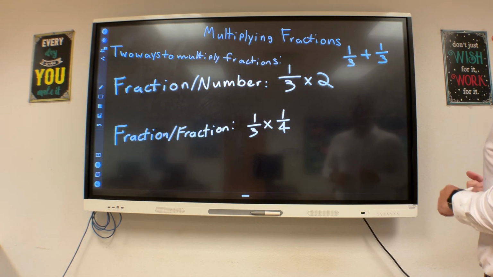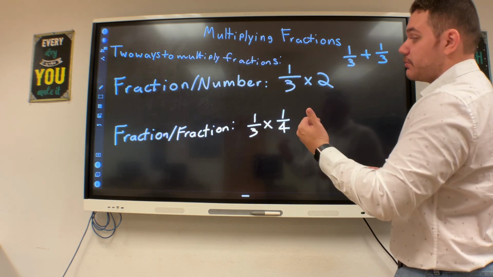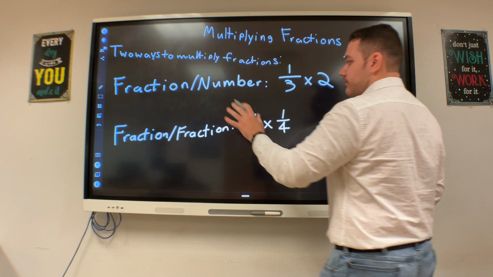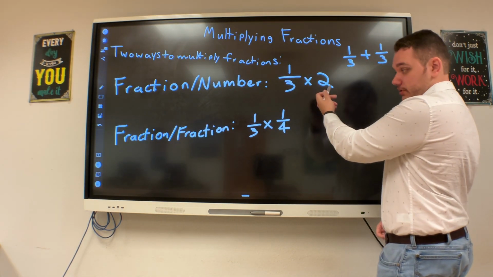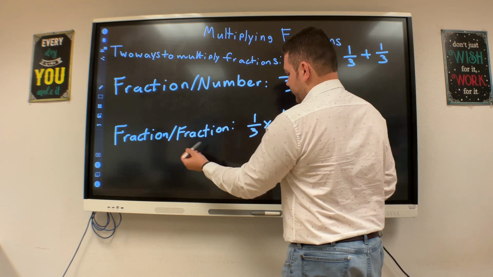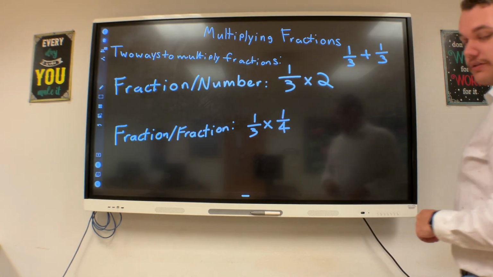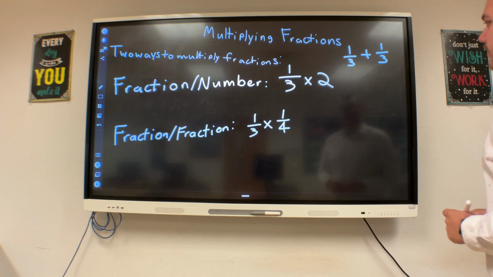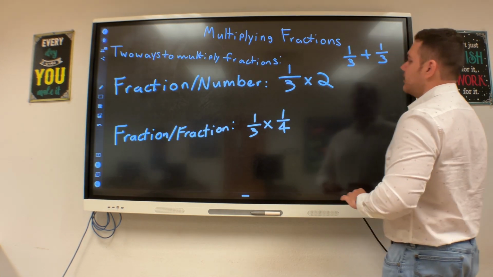So there are two main ways you'll see the problems laid out. There is fraction times number, which is just where there's a fraction times a number, and then there's fraction times fraction, which is a fraction times a fraction. And they're both easy to do. And like I said, you remember from just regular multiplication a little while ago that